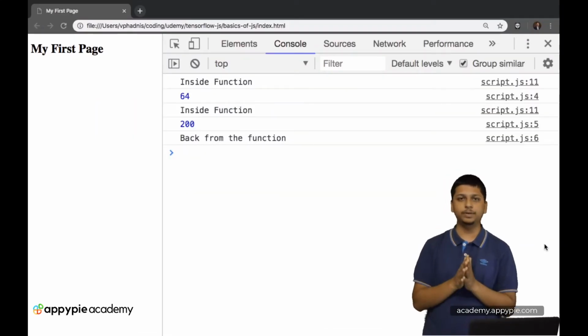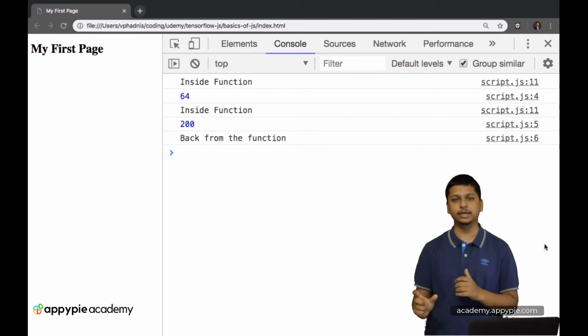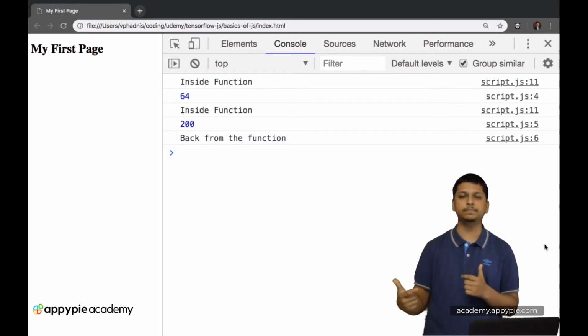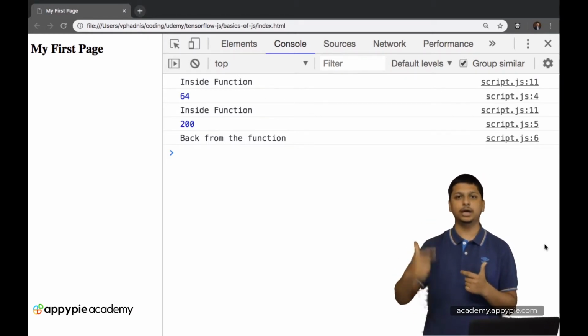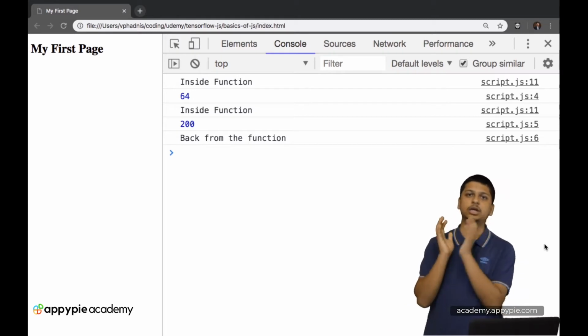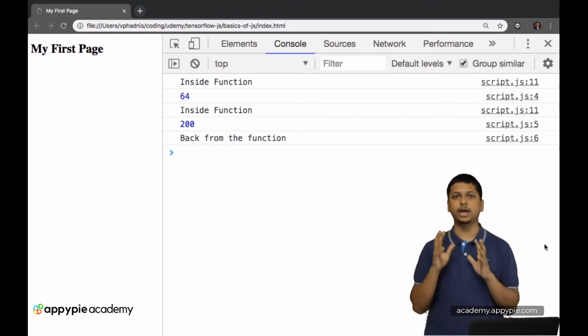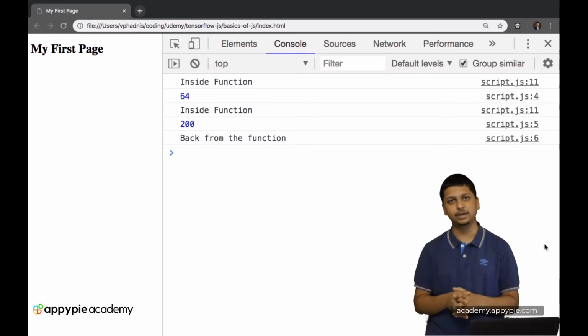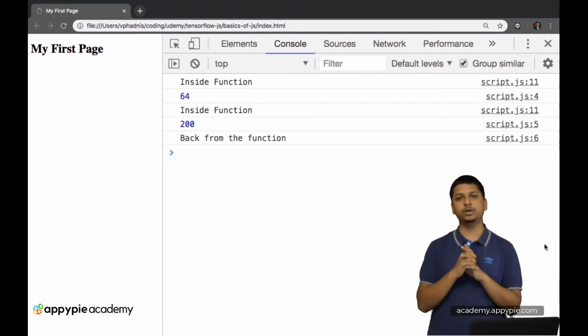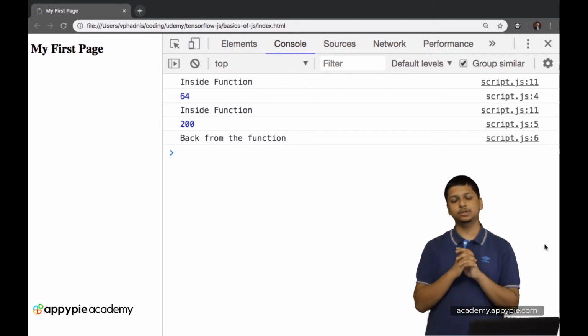Okay, so now looping is fundamentally required when you want to repeat a particular line of code again and again until a particular condition is satisfied. Now in JavaScript we are currently going to look at three types of loops. There are a lot of other loops available as well, but currently we are going to look at three types of loops. So the first one is a for loop.